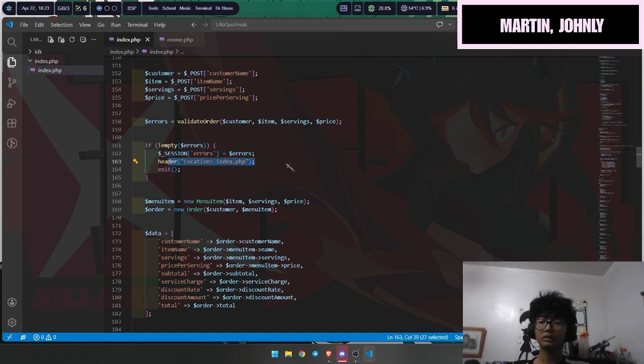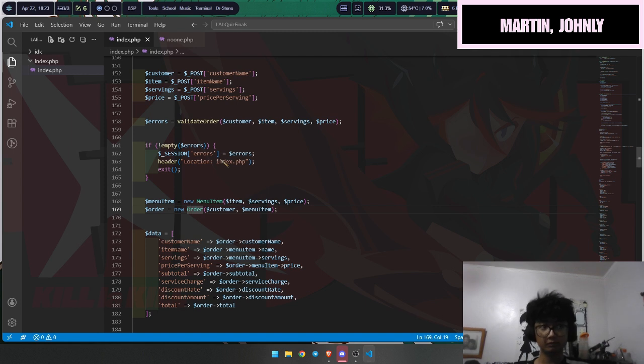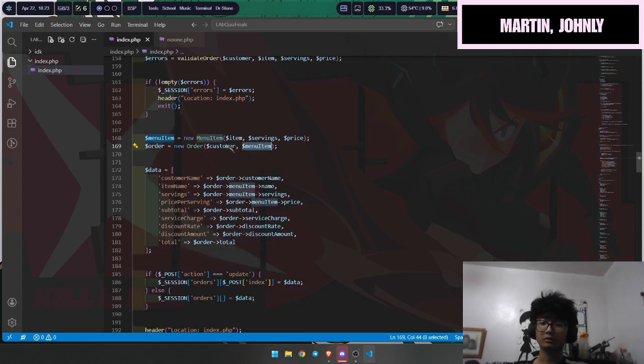The header reloads again. And if there are inputs, everything like customer, item, serving, and price per serving is put into customer name, menu item, serving, and price.